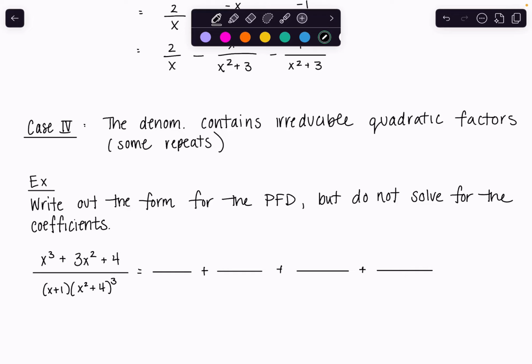Okay. Your first factor is x plus 1. That's first degree. So it gets a constant. Then we do the same thing where we build up. You start with that factor to the first power, then that factor to the second, and you keep going until you reach the actual power, which is the third. Okay. So you start with it to the first,